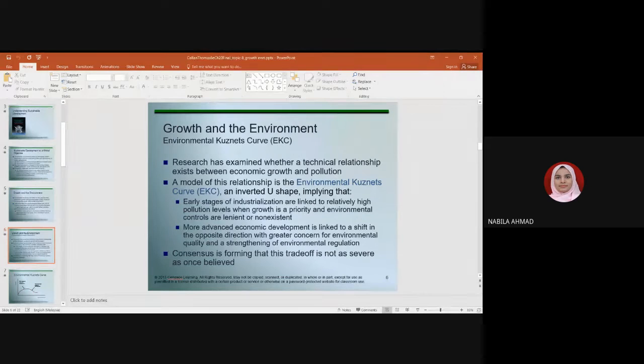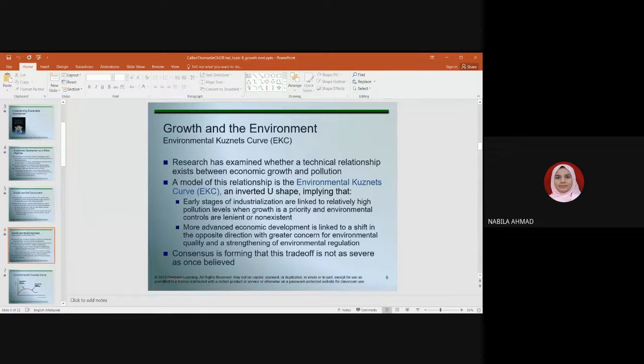Okay, so kita juga bincangkan tentang the theory expounded by Kuznets, atau kita kata environmental Kuznets curve, EKC, right? So dia sebenarnya menceritakan, dia state the relationship, ataupun pattern, between economic development dan juga environmental degradation. So the economic development ini measured in terms of income per capita lah, dan dia punya relationship dengan environmental degradation. So the Kuznets curve ini pattern dia adalah inverted U shape, implying that at